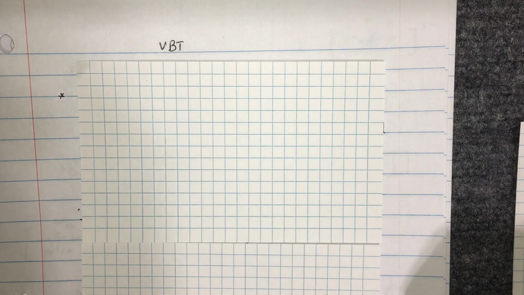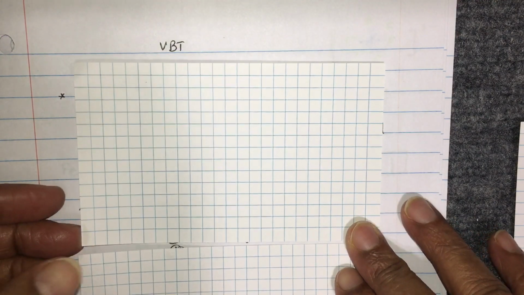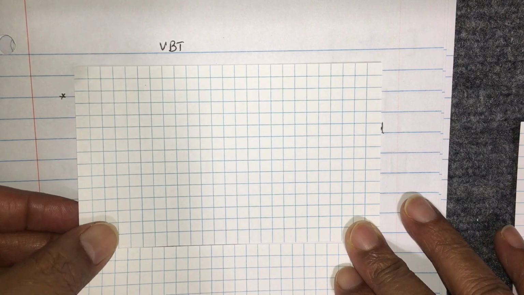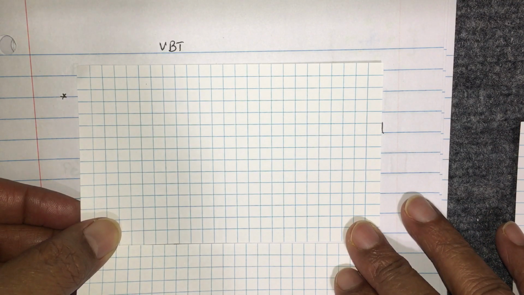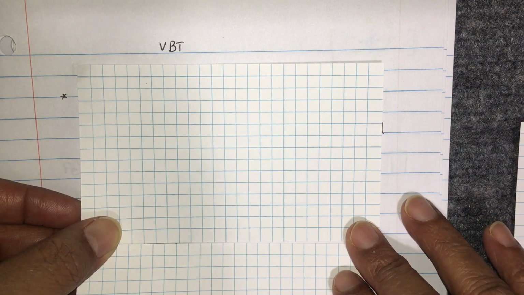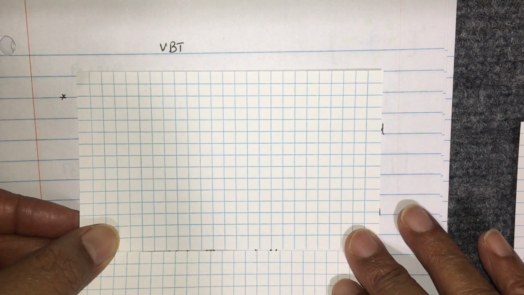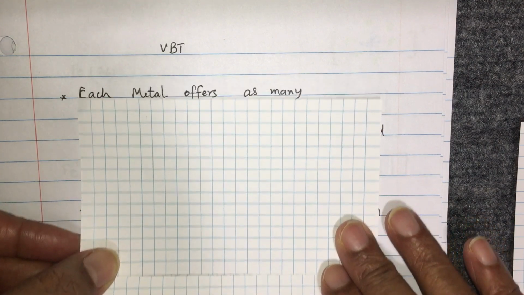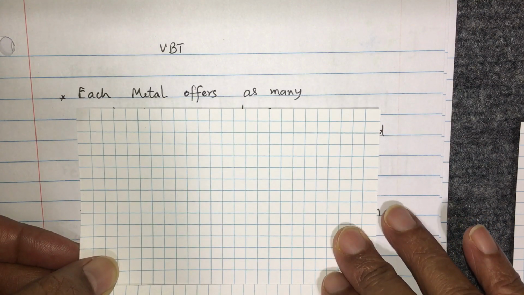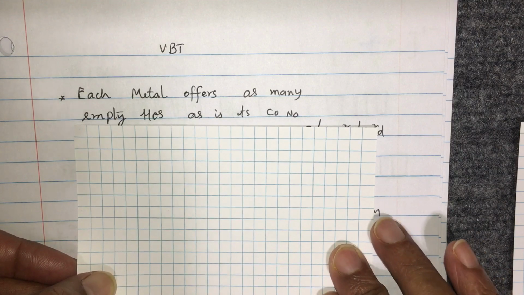I welcome all of you for our look at valence bond theory to explain the bonding in complexes. This is the theory that can explain the magnetic nature of complexes, unlike Werner's theory. This is based on some presumptions or postulates, like each metal offers as many empty hybrid orbitals as is